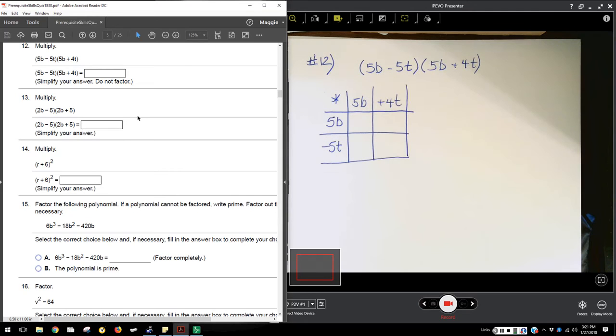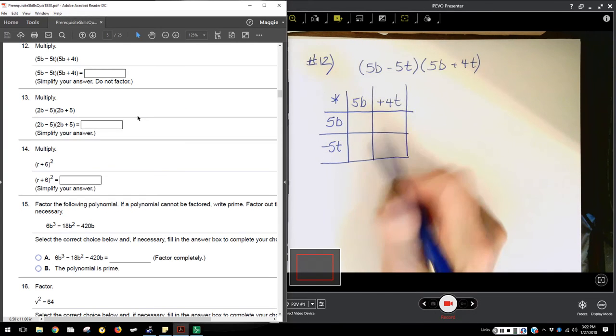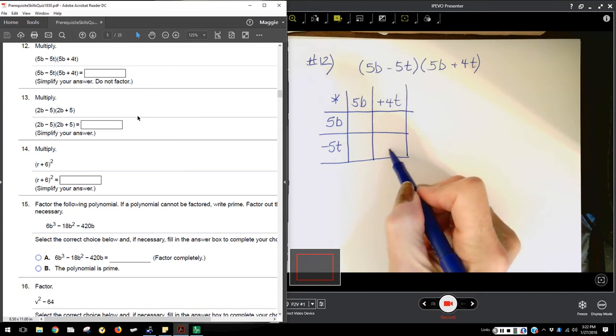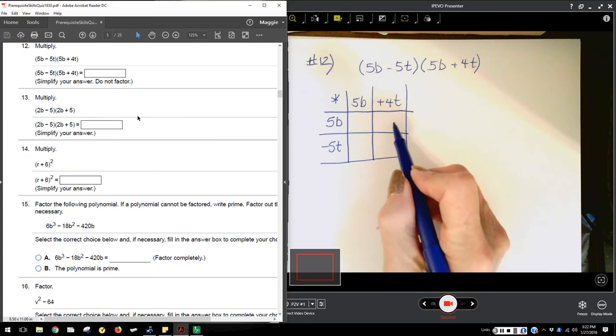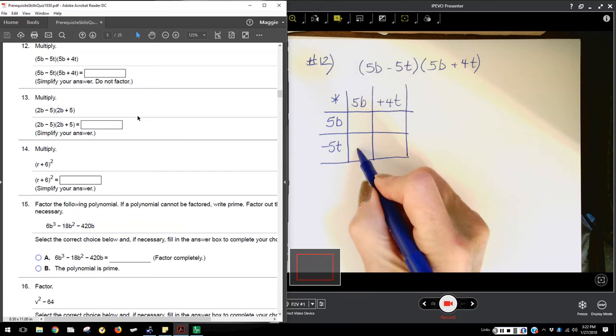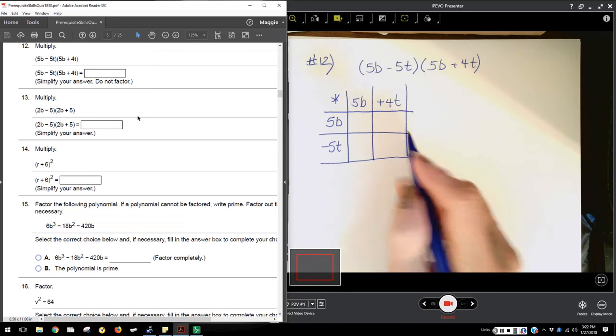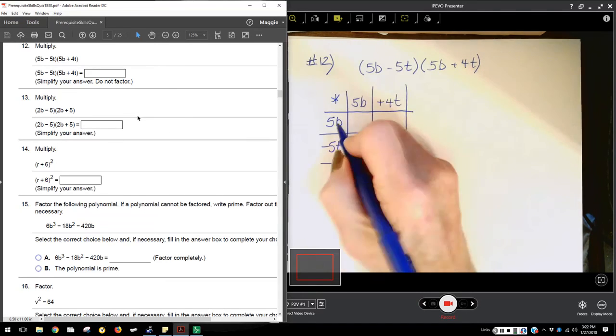So in the process of the FOIL here, those of you that know about FOIL, this is the F, this is the O, this is the I, and this is the L. First times first, inner times inner, outer times outer, and last times last. That's the way this process works. It matches up with FOIL. It's just organized a little differently. So when I do this multiplication,